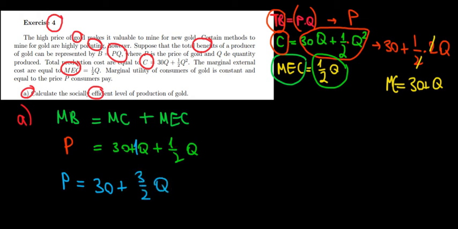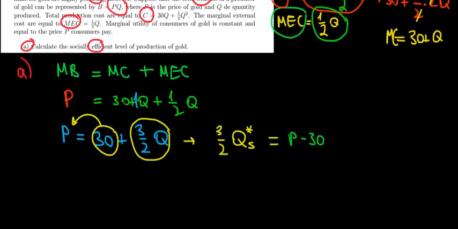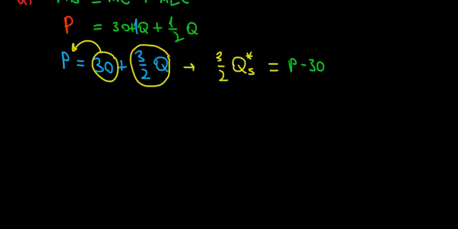And since we want to find out the socially efficient level of quantity, we must write the quantity as a function of everything else. So if we leave 3 over 2Q on one side, and that is the optimal social level that we're looking for, and we take 30 on the other side, we will have P minus 30 over there. Now, if you want to keep only the quantity on the left side, we will divide both sides by 3 over 2. So quantity for the social optimal is going to be P minus 30 divided by 3 over 2,